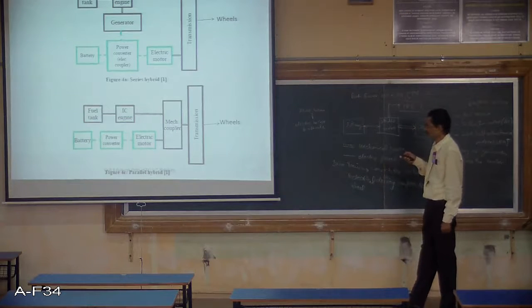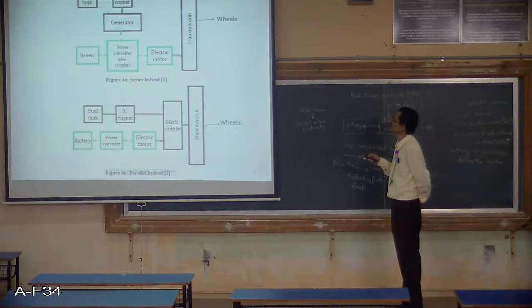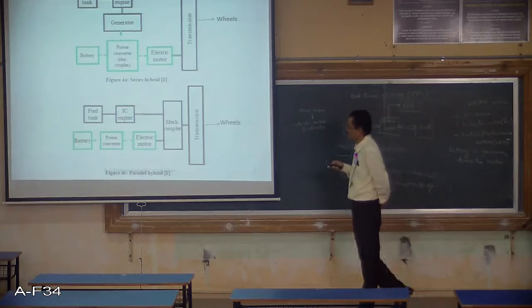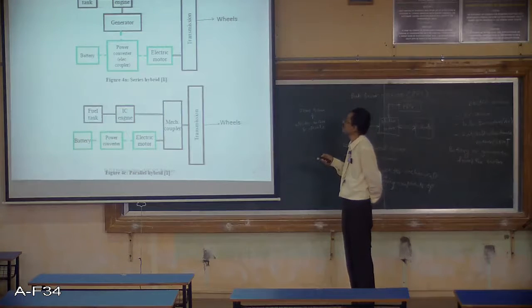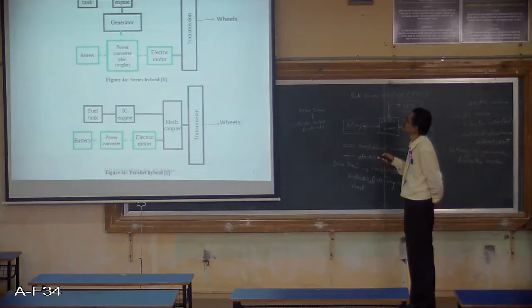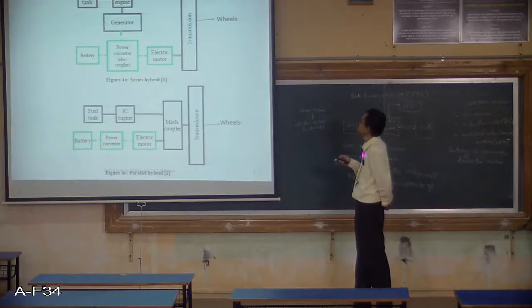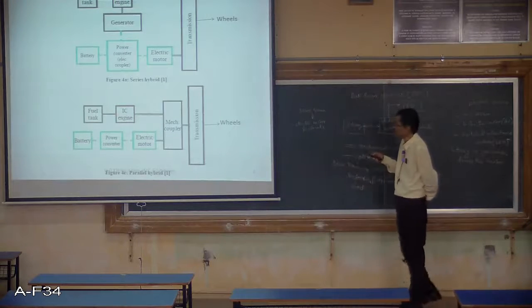For example, if your generator is an AC generator, it will generate AC power. This AC power is connected to the power converter. Now this AC power can be converted into DC power with a lower voltage, which is suitable for connecting to the battery. So this particular power converter will convert this AC supply with high voltage to a DC supply with low voltage and connect it to the battery. The battery will then charge to the required level of voltage through this power converter. So this is one way the power converter will work.